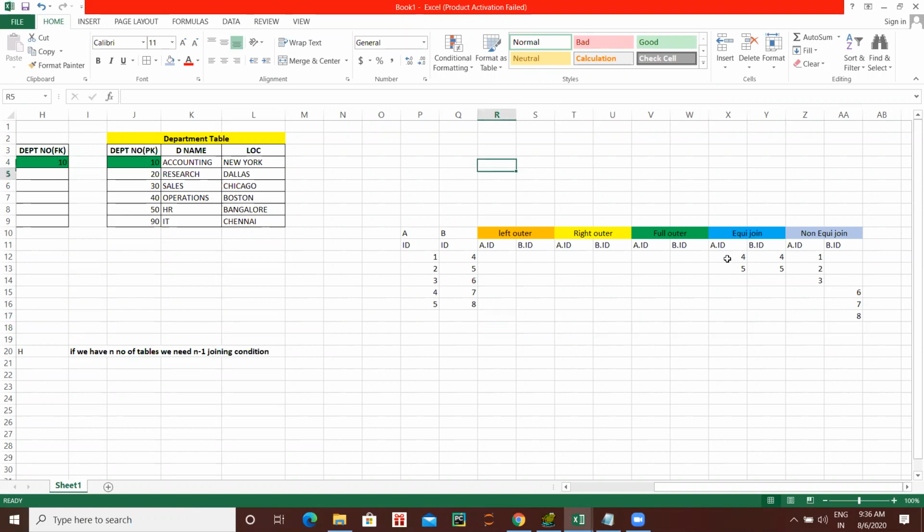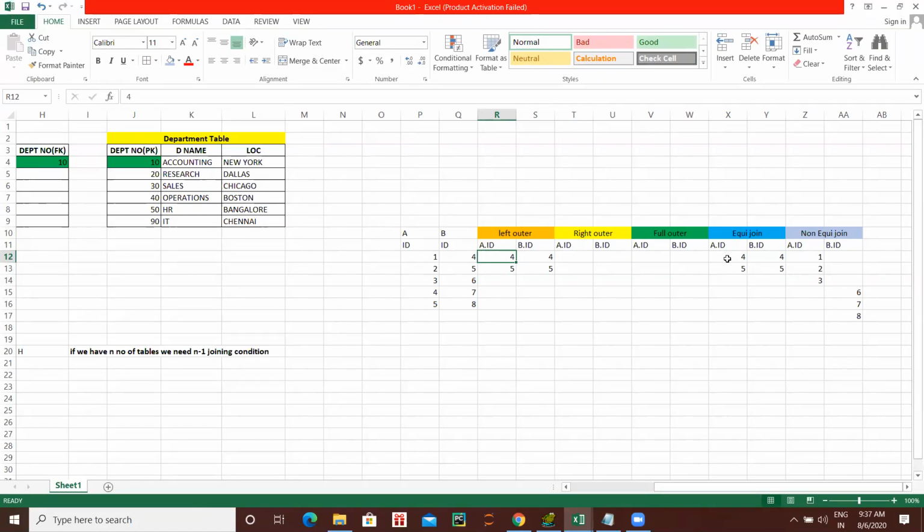In the left outer join, what will you get? You will get all the records which are equal from the left side, which is 4 and 5. B also will get the 4 and 5, same. But in the left side you will get all the columns. Wait, come to the left outer join, not yet finished. After 4 5, what is extra in the left side? You will get that also. What is extra apart from 4 5? 1, 2, 3.